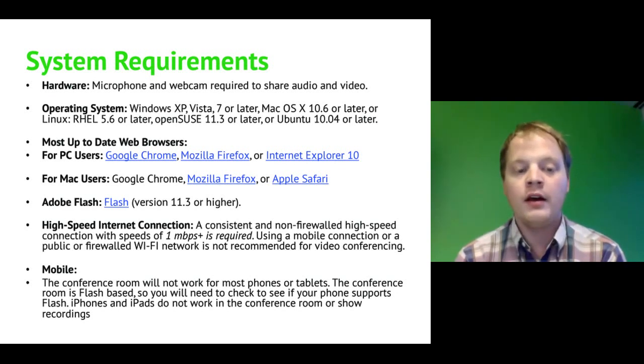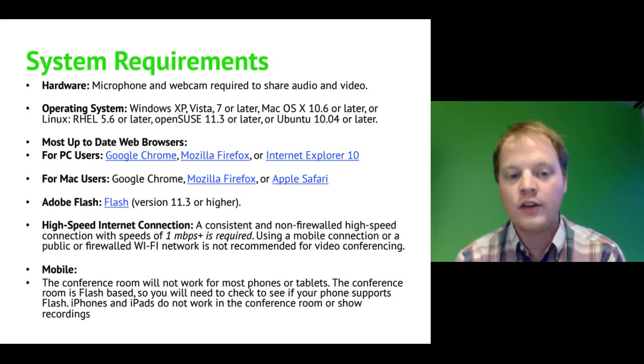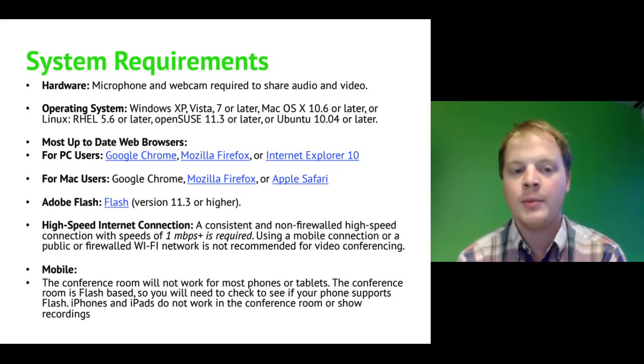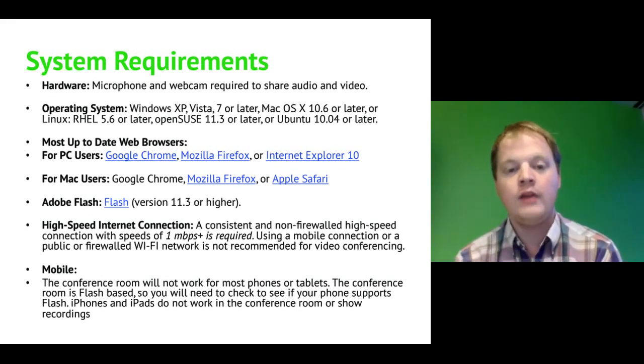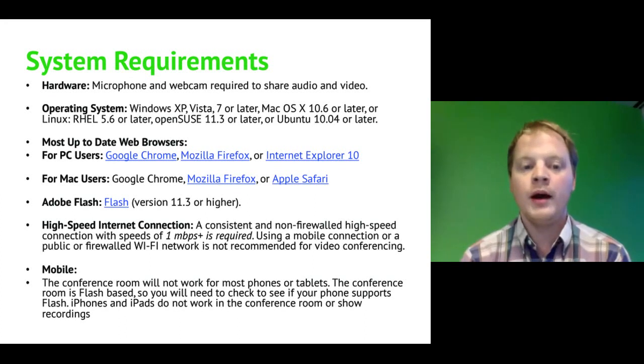The other big thing is your internet speed needs to be of a certain connection. We say at the minimum 1 megabyte per second. That's the minimum required, and it needs to be a consistent, non-firewall connection of 1 megabyte per second plus.